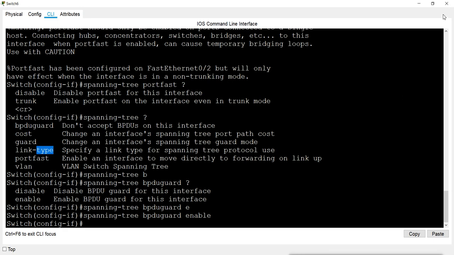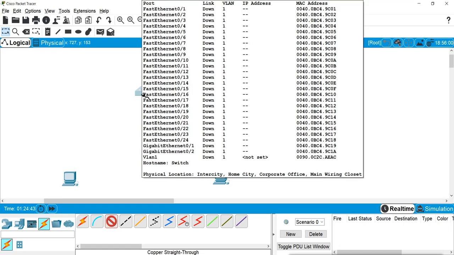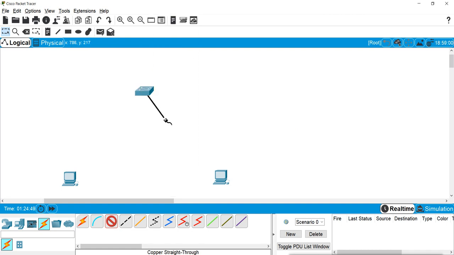Now what I will do here, I will connect the two machines again, and now you will see how quickly the port will be enabled. First I will connect this one, which does not have PortFast. Now you see it is still waiting for those states.